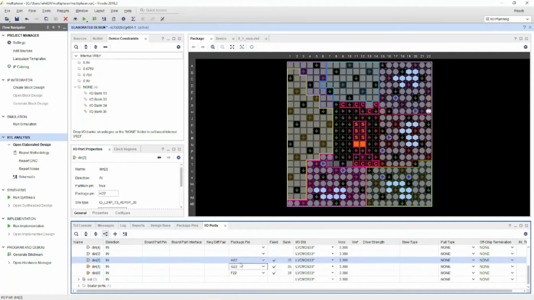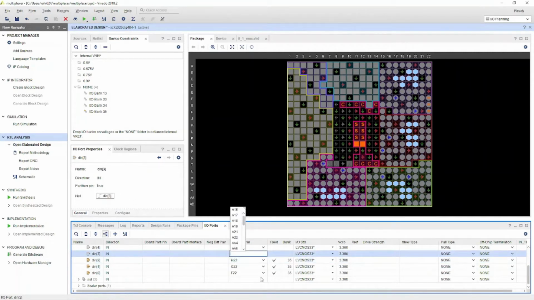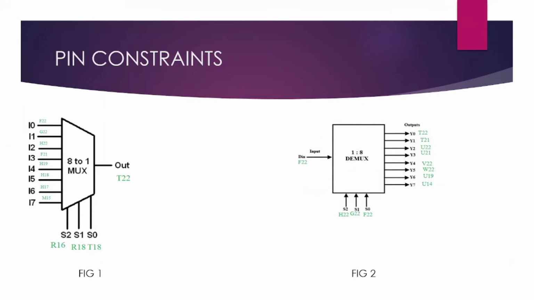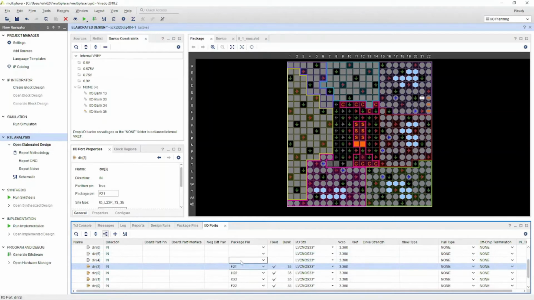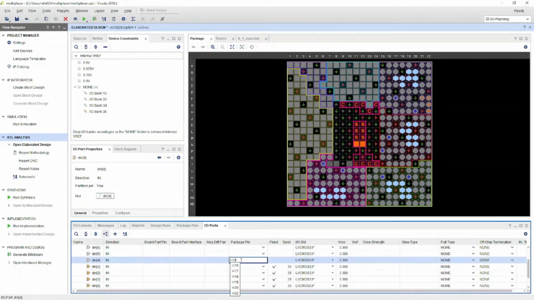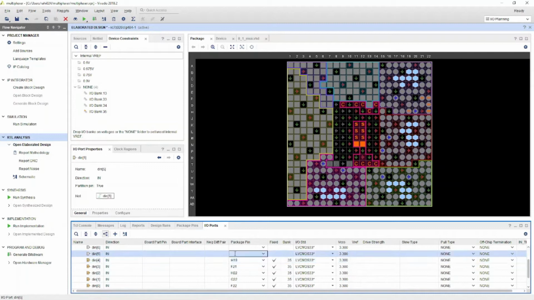It is assigned. Then let me again scroll over here. Yeah, F21, H19, H18. F21. Okay, then H19. H18. Yeah.